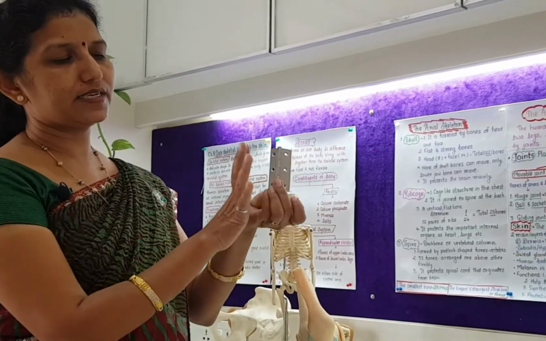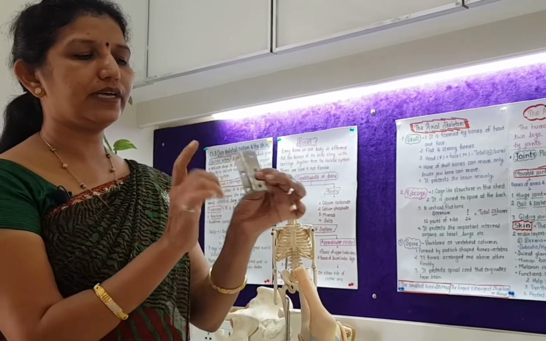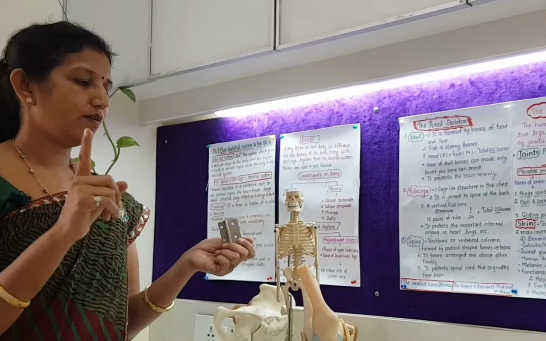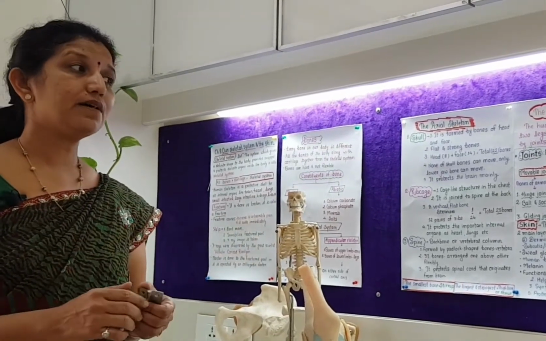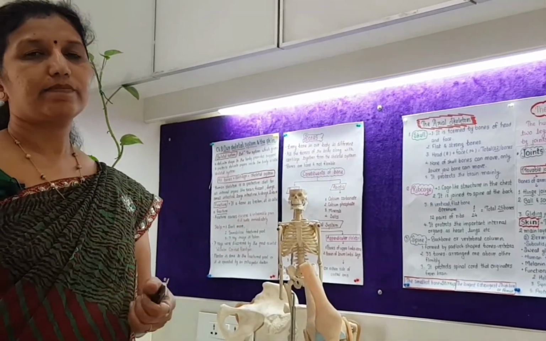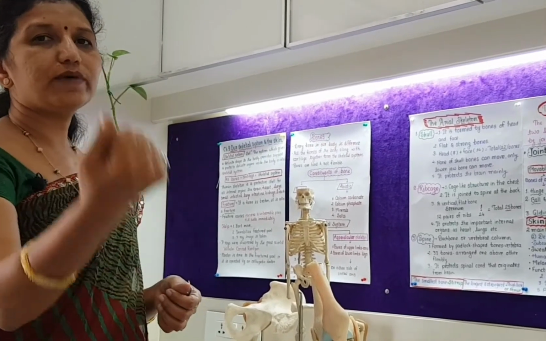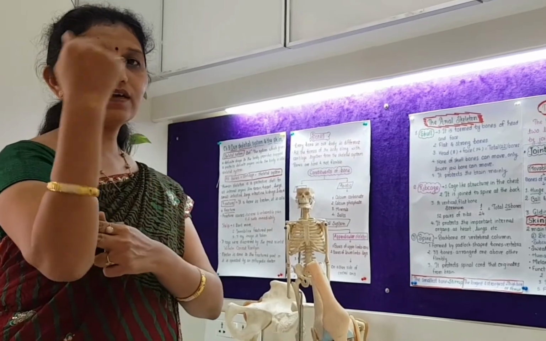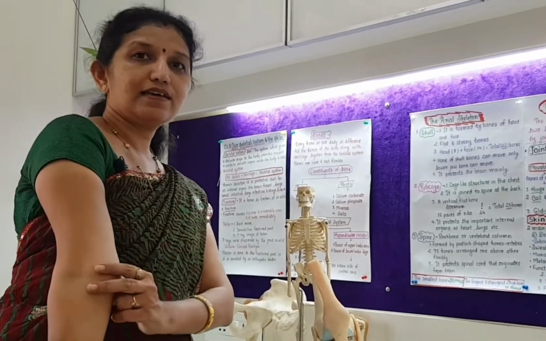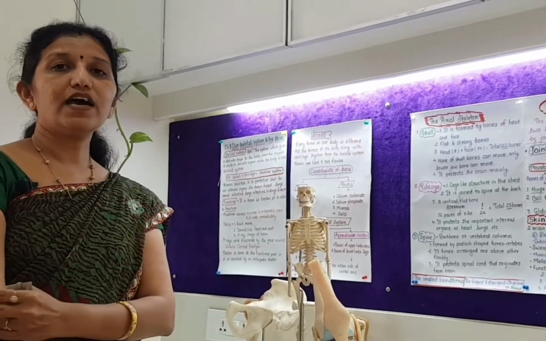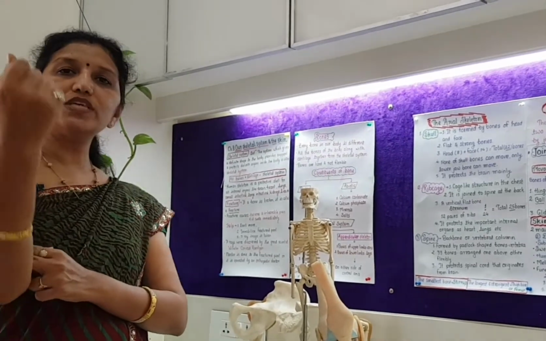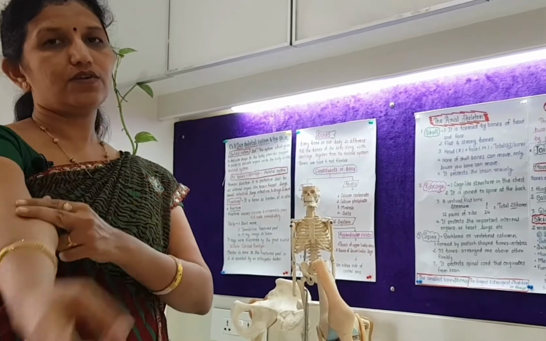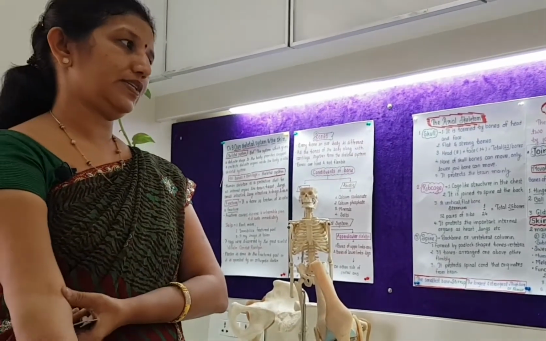Like in 360 degree it cannot move. It can move only in 180 degree in one direction. Only a single direction. Examples are the elbow and knee. See, if I want to move my elbow, I can move it up to 180 degree. But if I want to move it backside, I can't fold it. Why? Because it moves in only 180 degree and only a single direction. It cannot move in the opposite direction.